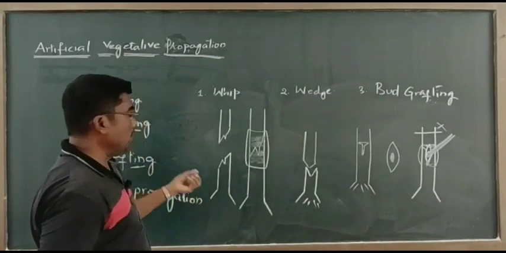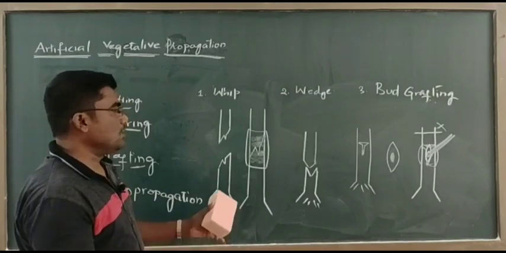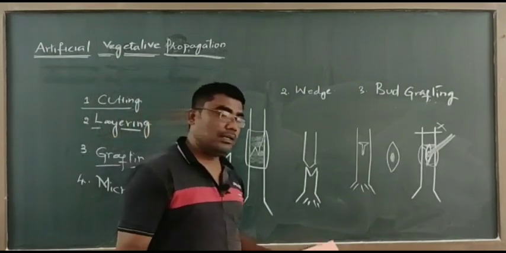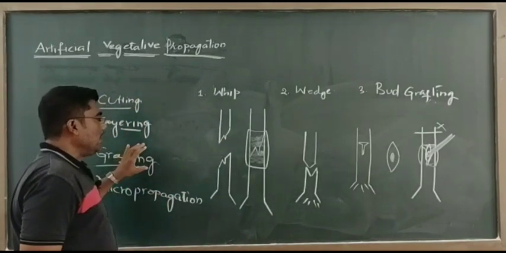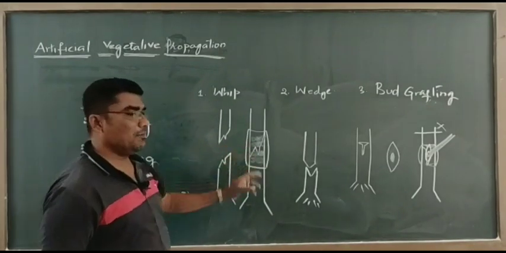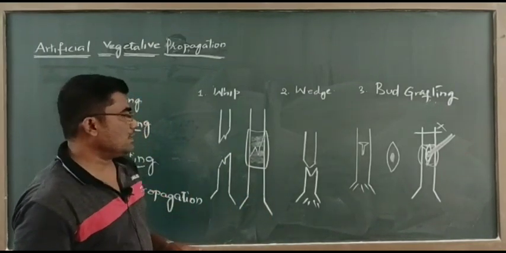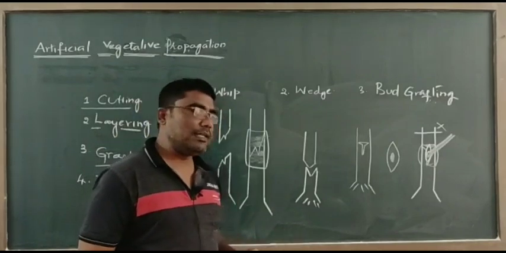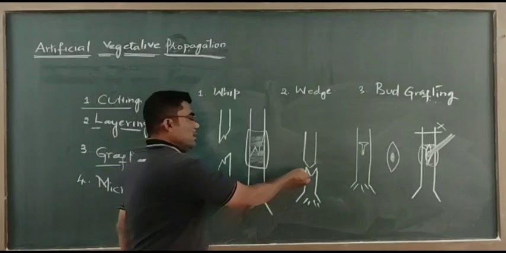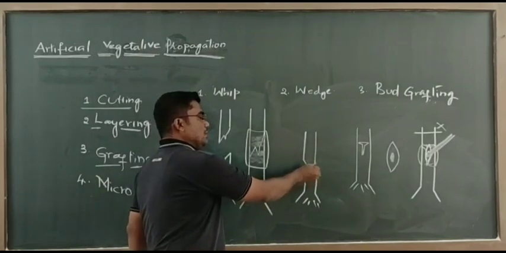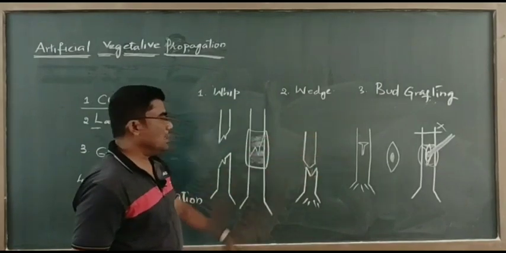commonly it is performed in dicotyledon plants which are close relatives, which come under a common group, which come under a common species. Such plants are selected here, and dicotyledon plants are selected because they comprise the vascular cambium, and we know that cambium comprises meristematic tissue which has high regeneration capacity, and those cells are helpful for the easy patching of these injuries. Because of this reason, this scion can very easily attach to the stalk.